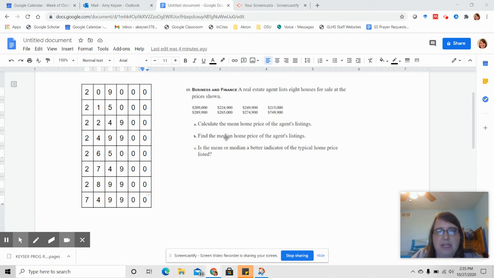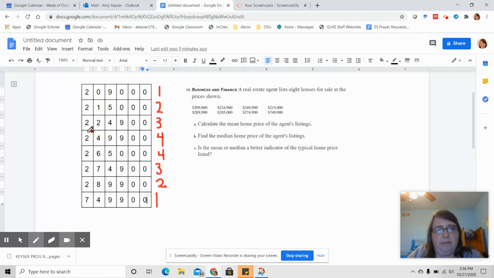First of all, the median is the middle number. If you think about driving down a road and you don't want to cross the median, that's the middle. I've already put these numbers in order in a chart to help me with adding. And so if there's 8 numbers, the middle number is between number 4 and 5. So if I look here, my fourth number is 249.9, and if I count from the other direction,